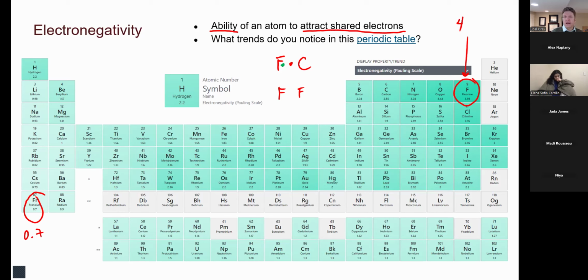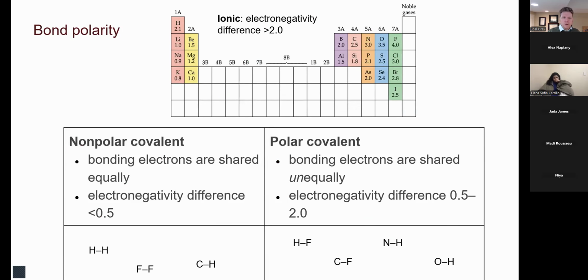Of course, however, you have to account for what your electronegativity is. Oxygen has an electronegativity of 3.44, nitrogen 3.04, carbon 2.55. Now, how do we use this information? We use it to classify a bond. I want to come up to the top here where we have ionic. An ionic bond is where an electronegativity difference is greater than 2. Important point: that is greater than 2, not greater than or equal to, greater than 2.